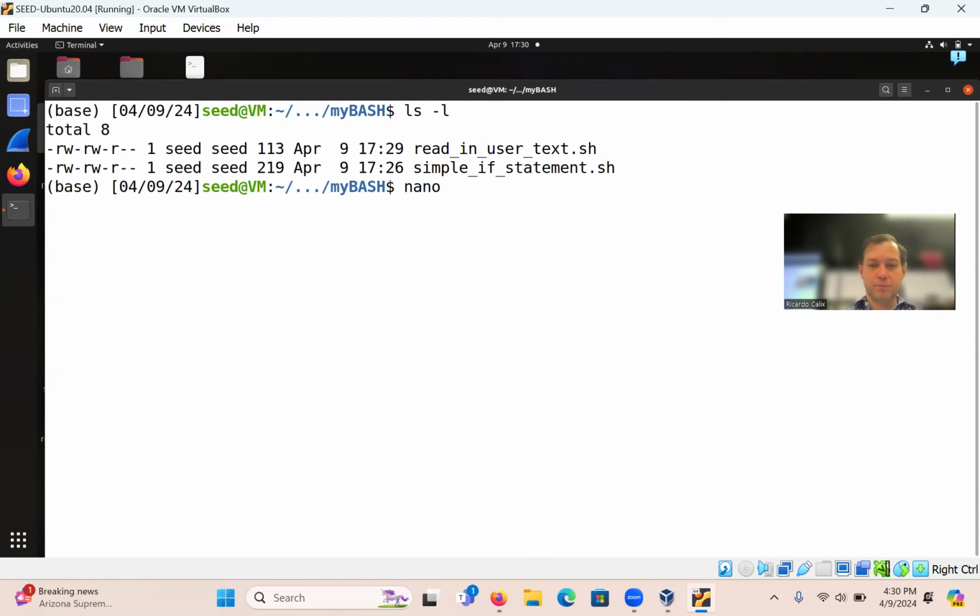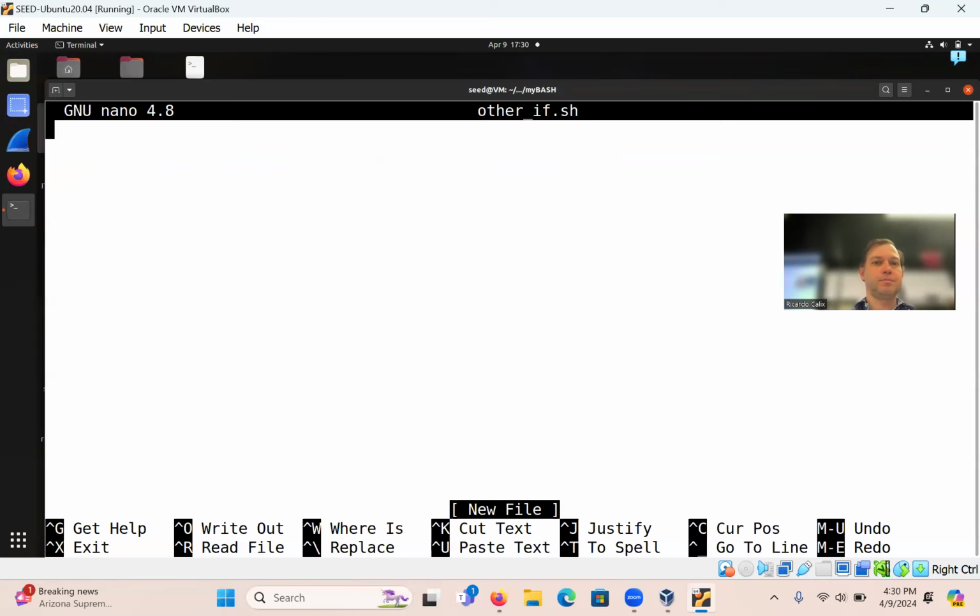Let's call it other_if.sh. So again, shebang. So that's going to be #!/bin/bash. Salary is going to be equal to 1,000.